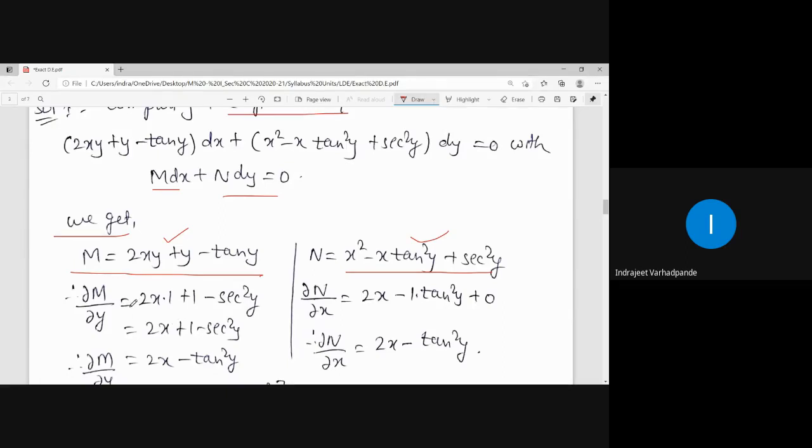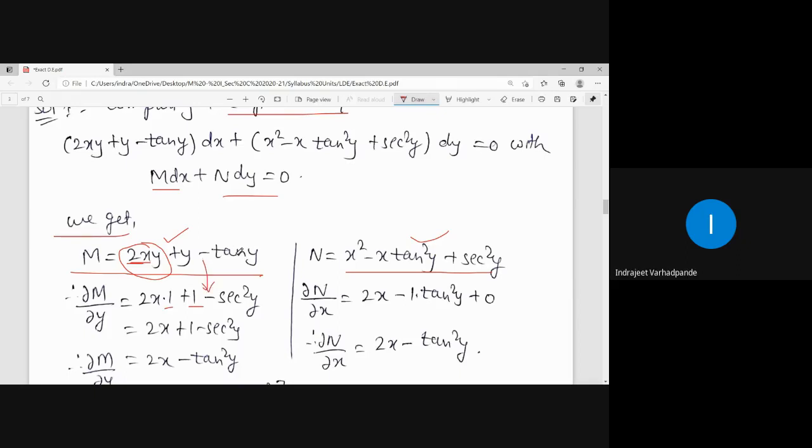So don't write anything, just see what I'm trying to tell you. Individual derivatives will be taken by the fundamental laws of derivatives. If the given function appears in addition or subtraction form, we take the individual derivative. So in this particular term, 2x will be kept as constant and y will be differentiated with respect to y. So what is the derivative of y with respect to y? 1. 1 plus